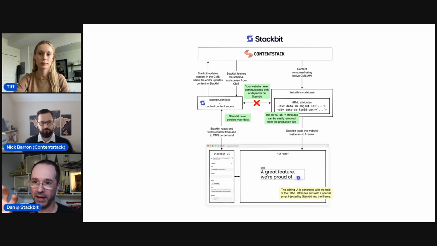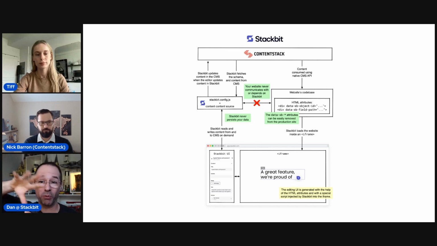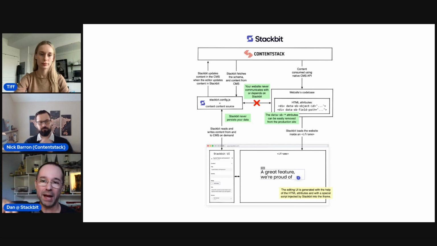on the bottom, you can see the Stackbit UI that runs in a container. We have our controls and the iframe of your actual site running as a live preview. Whenever somebody makes a change on that page, and you'll see in a second, it syncs back to Contentstack all the way, runs through the validations that are in place. And if there are workflows triggered, they would be triggered. All of it happens in complete seamless integration with Contentstack.